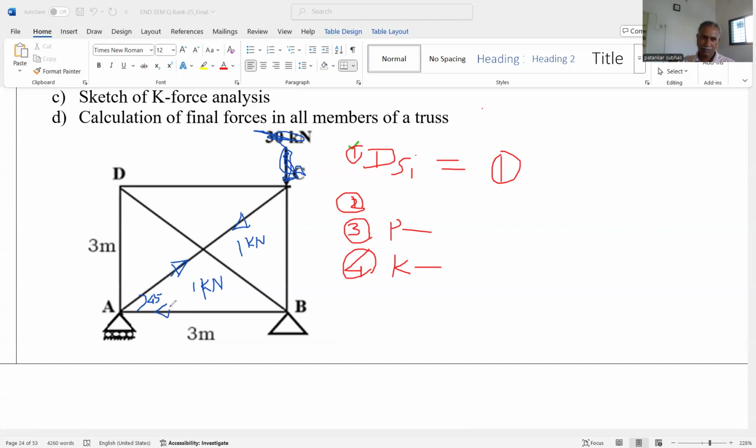Therefore, this force is compressive, equal and opposite, 0.707, right? Similarly, when we consider this force, this is also 45 degree, and sine 45 and cos 45 have the same value 0.707. This is tensile, and that's why this component is compressive. That is toward the application, and the value is